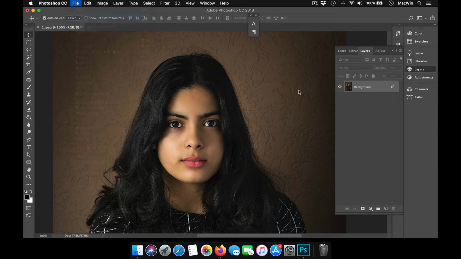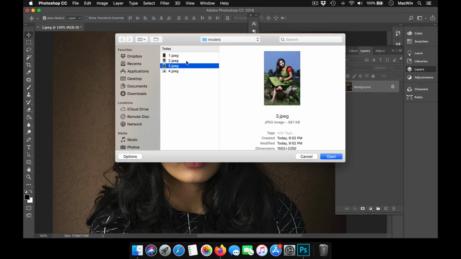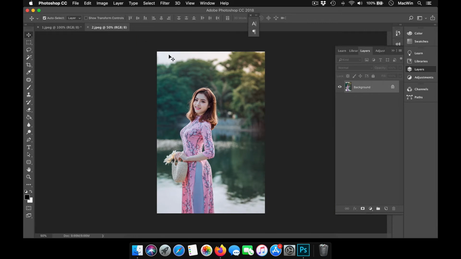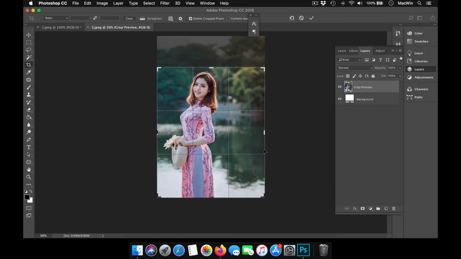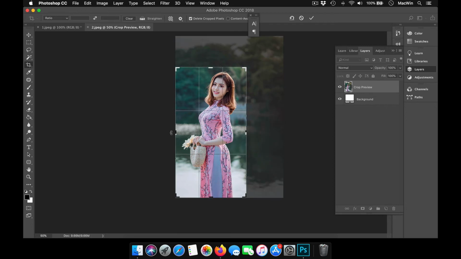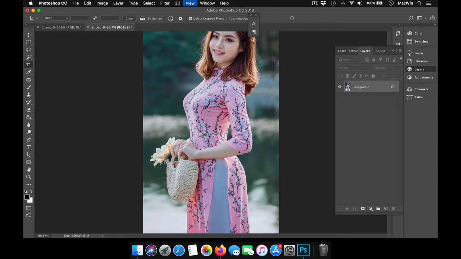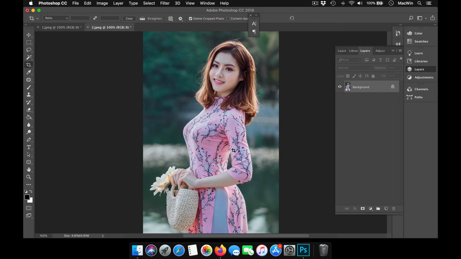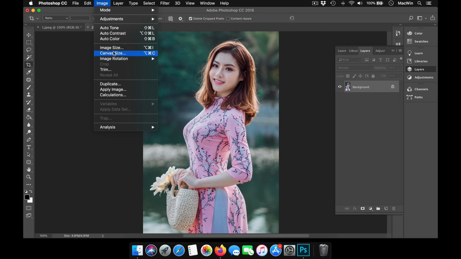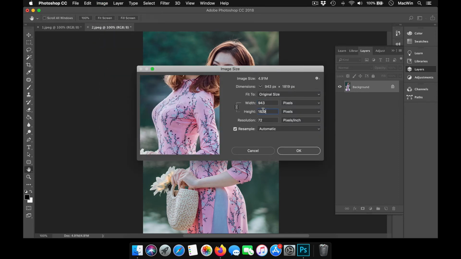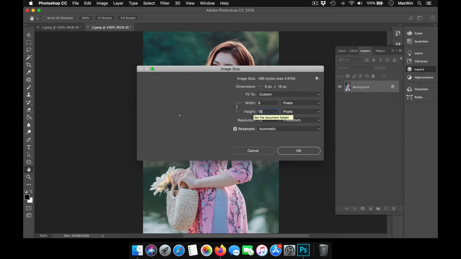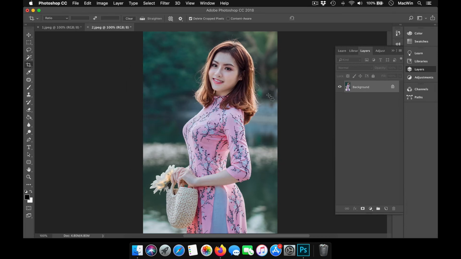Let's try it on another image. Say, for example, I'll take a picture like this. Let me crop the unwanted areas. Say, for example, this is my image, and this is my 100%. The image measures about, let me round it off, 1800 pixels in height. So this is my image.